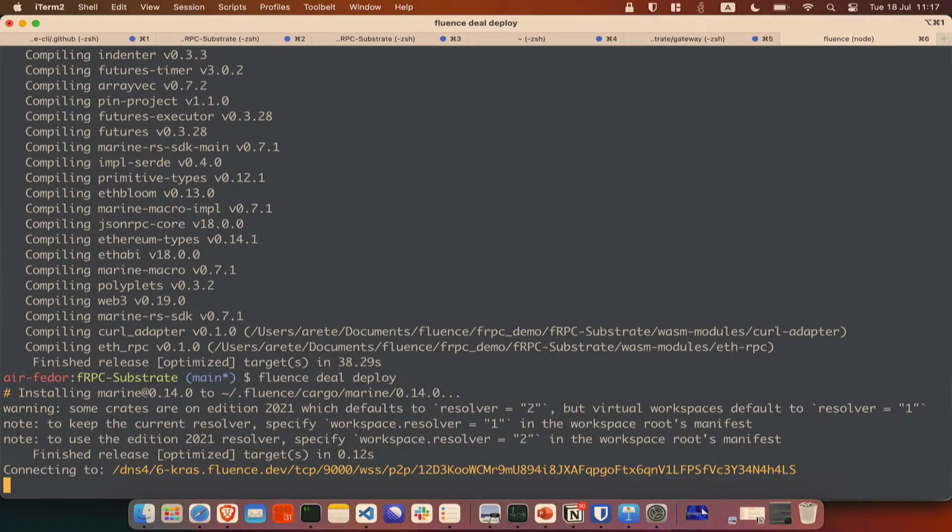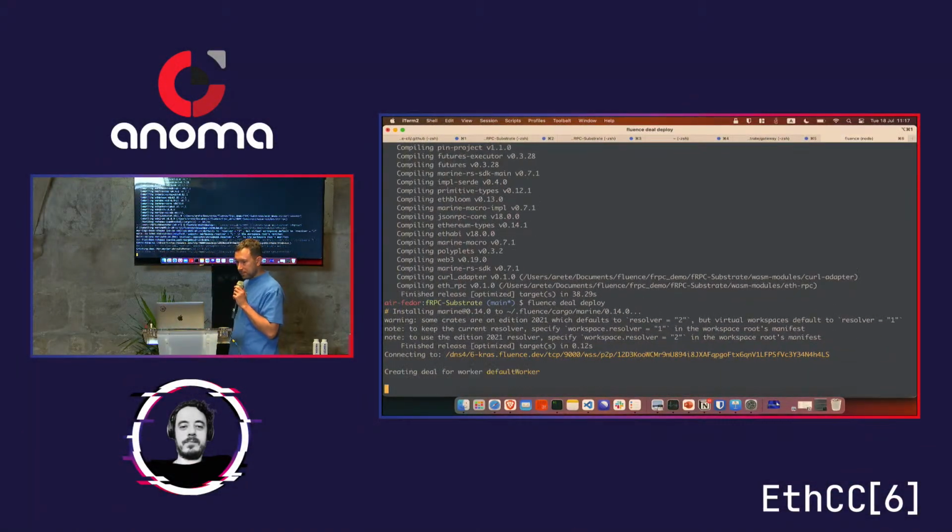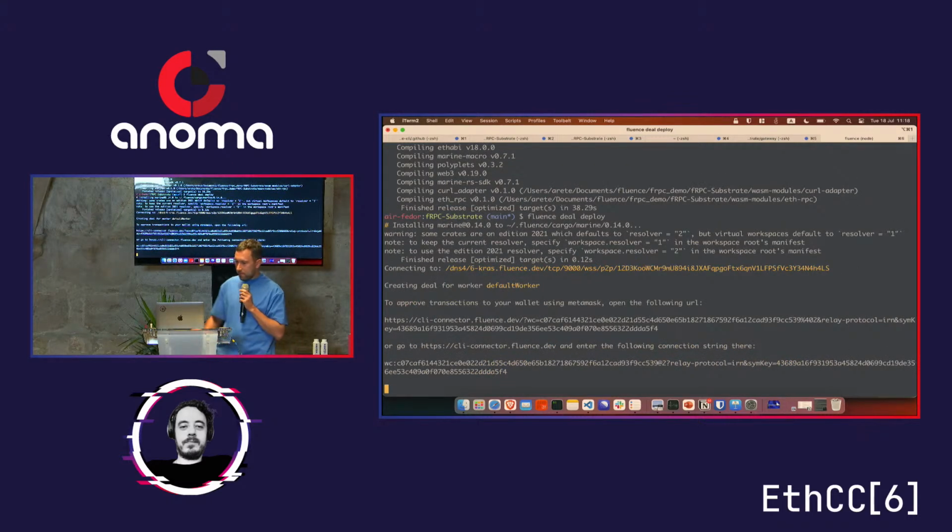And we are deploying this to our testnet. In order to deploy it, we need to sign the transaction.